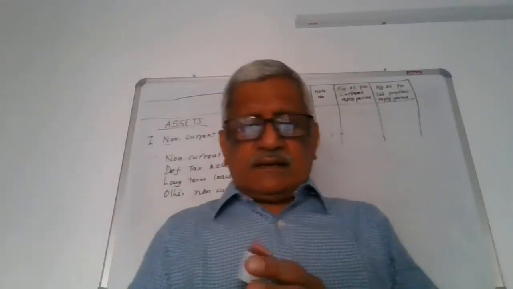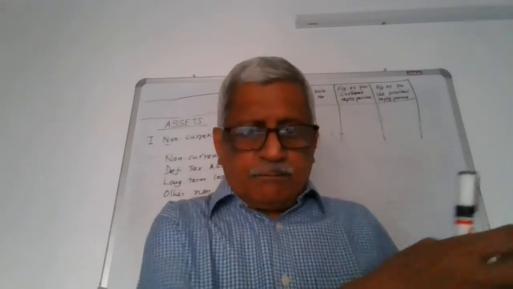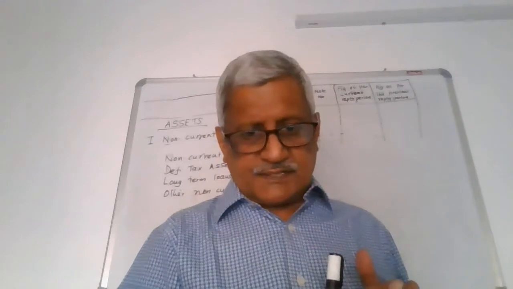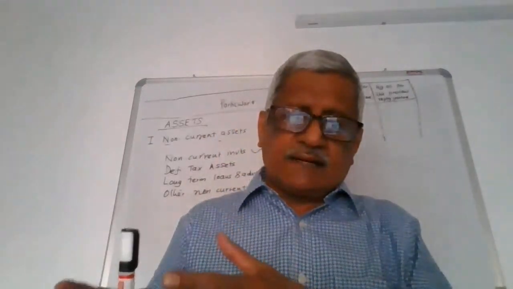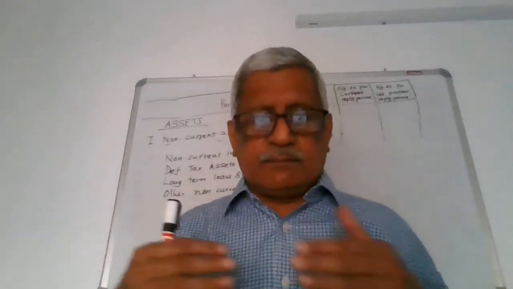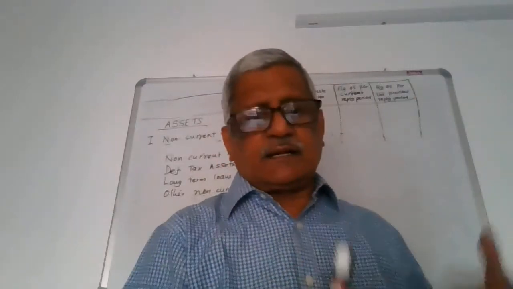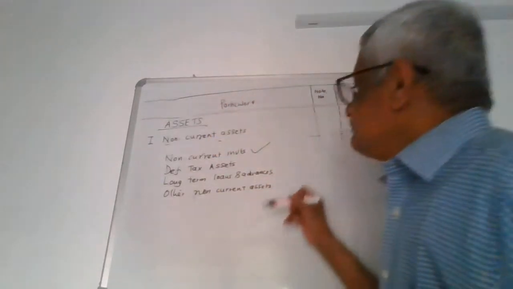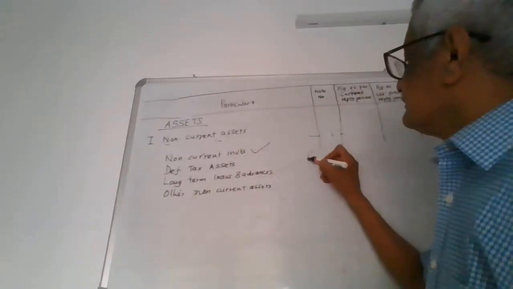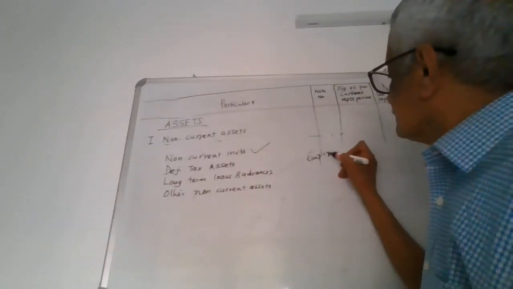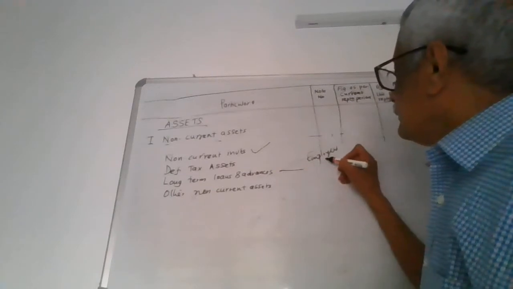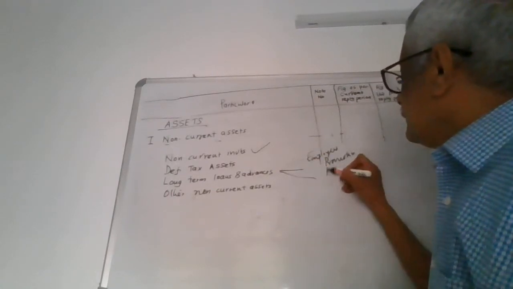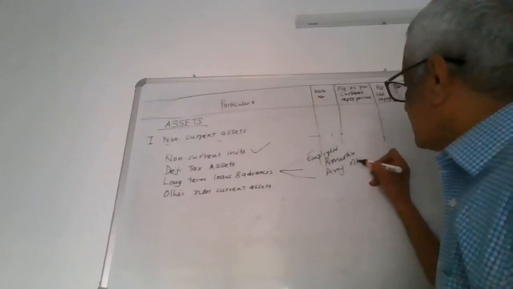That means when it is a long-term borrowing, it is a liability which appears on the liability side of the balance sheet. When it is loans and advances appearing on the asset side, it means the company has given loans and advances to somebody. It could be to the employees. It could be to the promoters. It could be to any other firm or company.